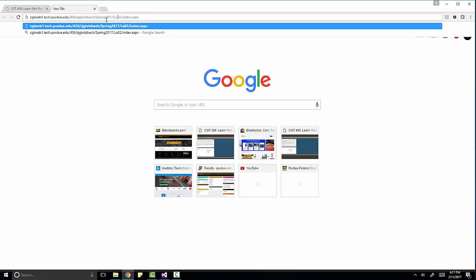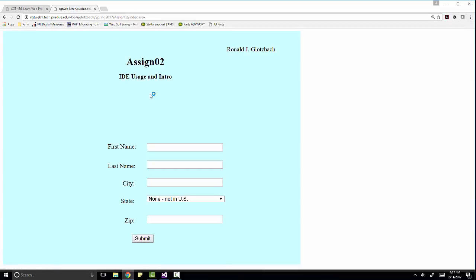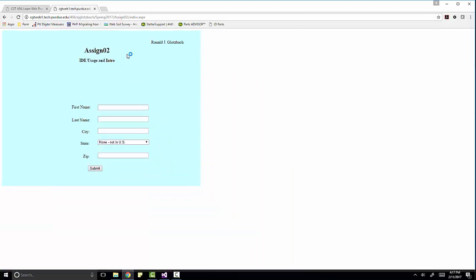And then I changed mine from lab02 to assign2. And again, you don't want to change your folder names because of what was talked about in class. But the folders on the web server have to be enabled to run as applications, and that's something that has to be done on the web server. So here it's loaded in the browser. So now any changes you make,